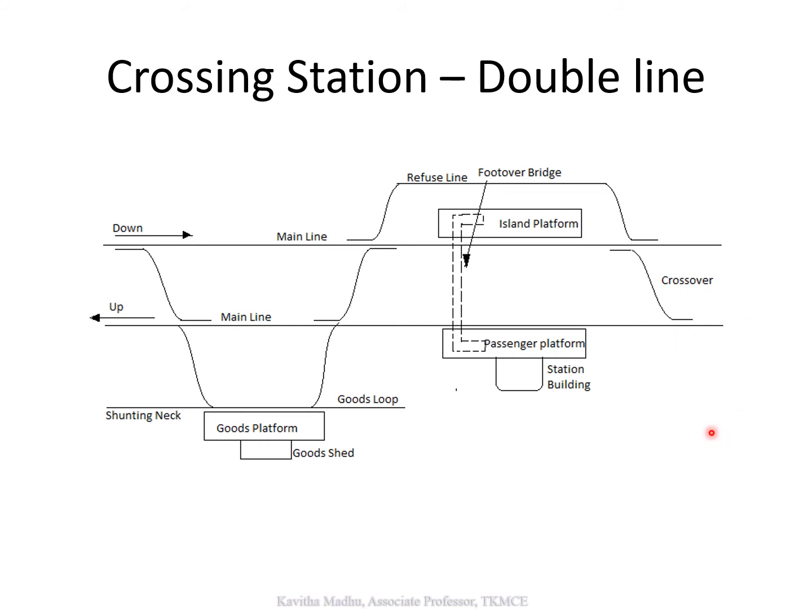So here in this figure you can see there are up and down tracks which are running in opposite directions. So it's a double line track, and there are provisions for the trains coming on these tracks to be taken to the refuge line. If a faster train coming from this direction needs to overtake a slower train, the slower train can be taken to this refuge line and stopped there, whereas the faster train coming behind can overtake through the through line. So these are the facilities. So this is the layout of a crossing station on a double line.